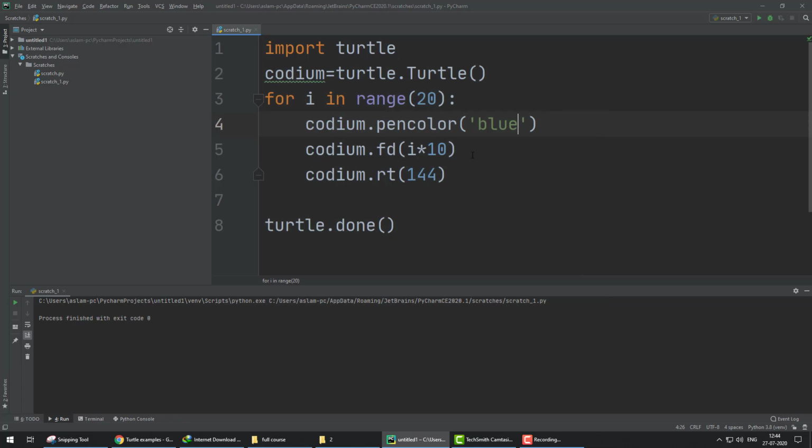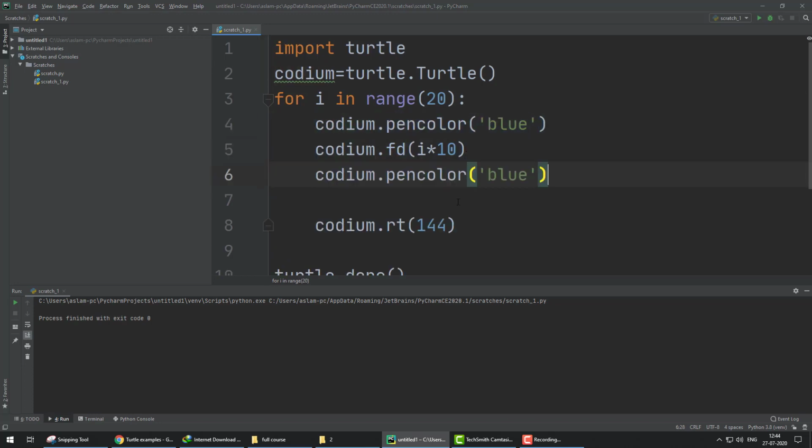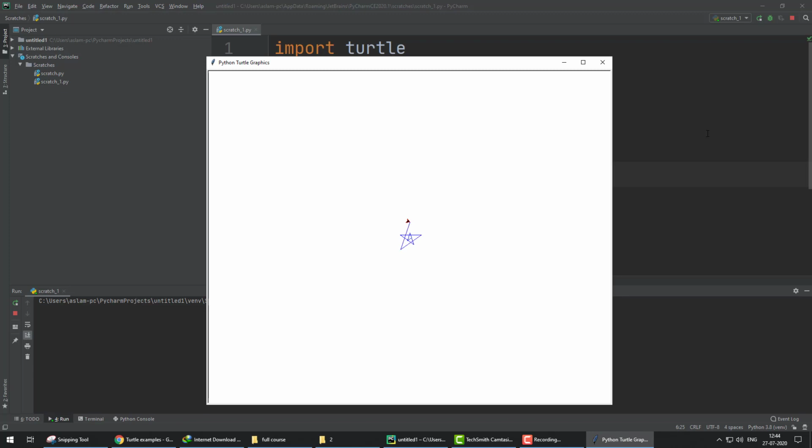Now if you want the color to change on every line, you can copy this line and paste here. When the angle rotates, the color changes to red. Only the cursor color is red.